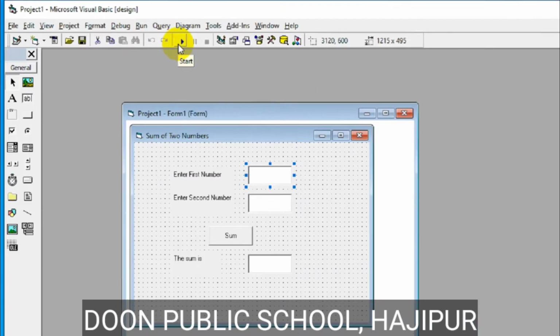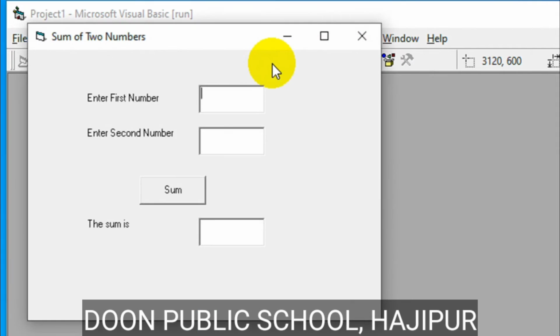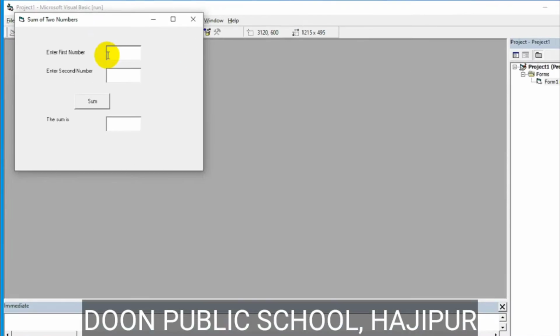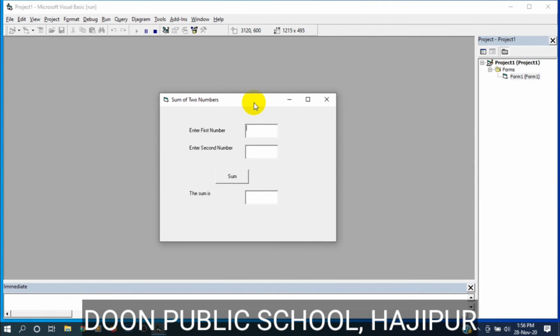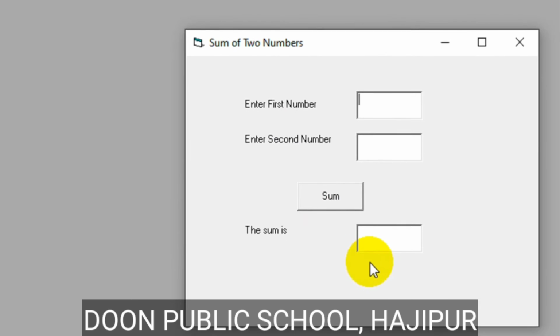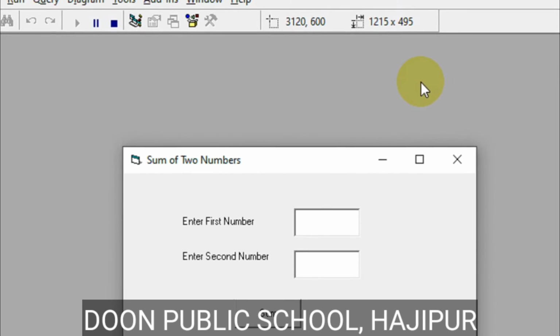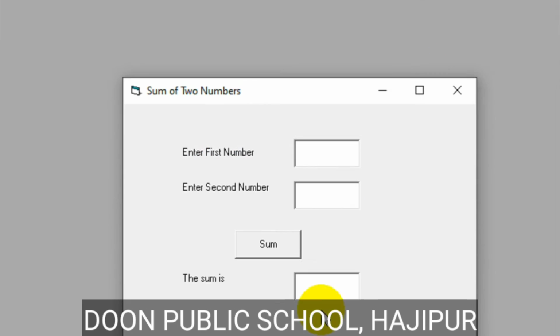Want to know about the different tools in the toolbars and how to change their properties from the property window? We will create a simple program in Visual Basic while using the labels and text boxes. Once we have created our program, we will run our program with the help of start button on the toolbar or while pressing F5 key.